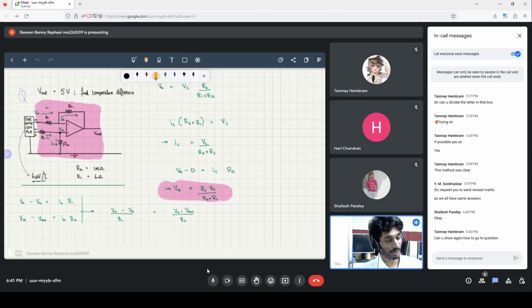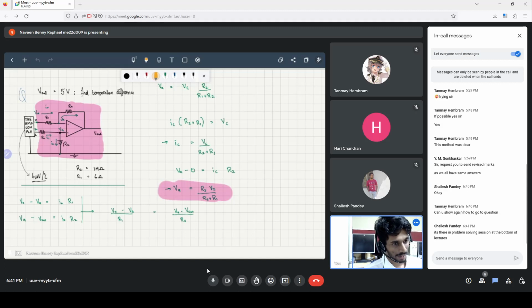And there is even a logarithmic amplifier, because we know the current through a diode is exponential, and therefore